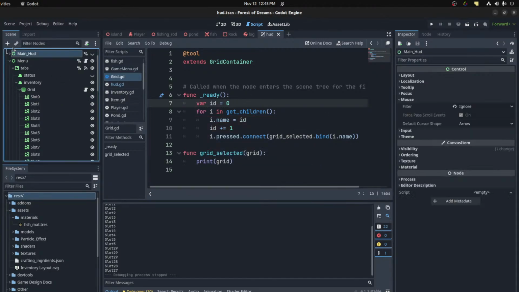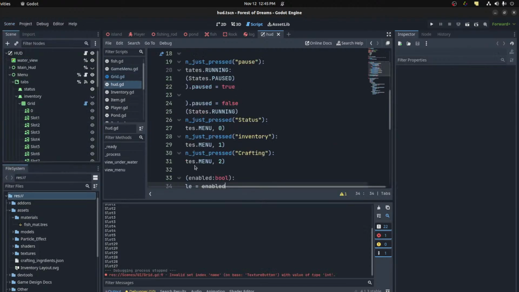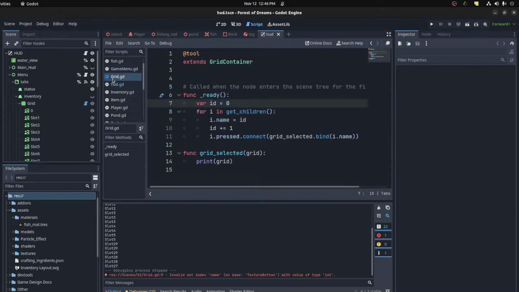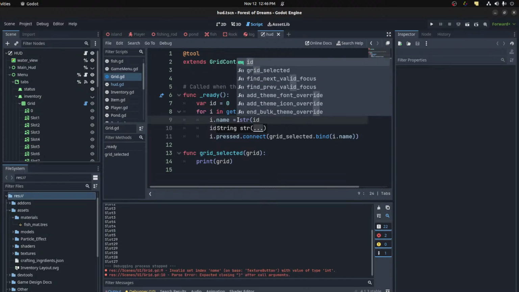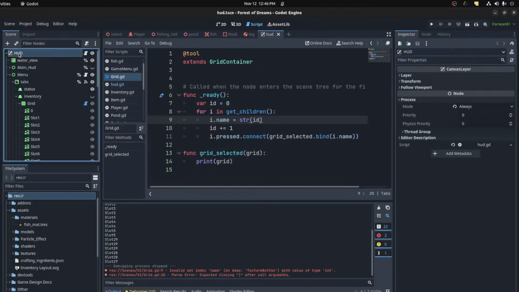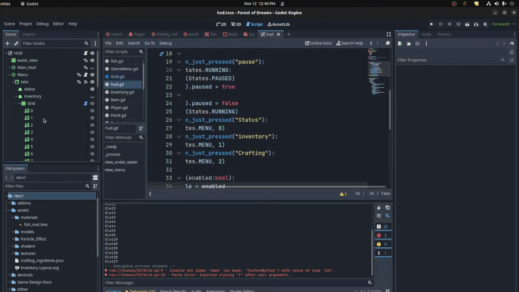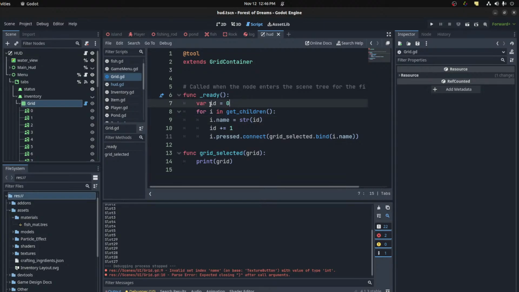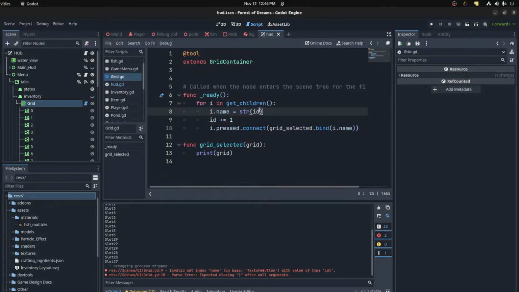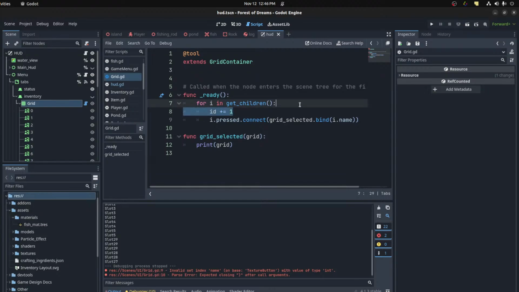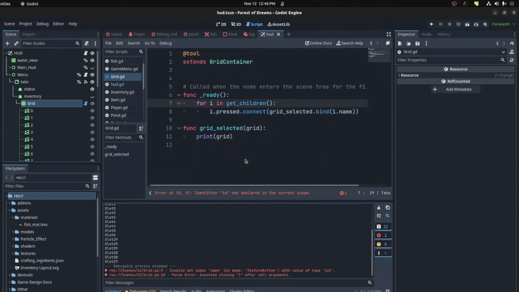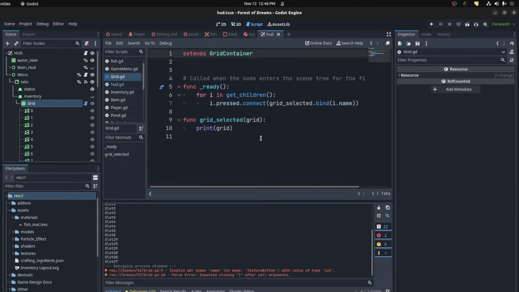Leave this. Let me just reload this thing. Button with value type int. Oh, my mistake. Load scene again. There you go, fixed. I didn't have to do all that stuff myself. Get rid of the tool. Alright, so